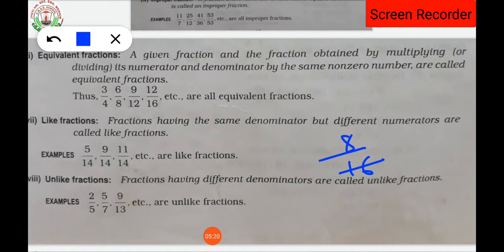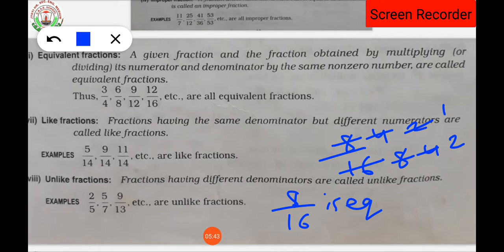Can 16 and 8 get cancelled by the table of 2? Of course it gets cancelled. Can 4 upon 8 again get cancelled by the table of 2? Of course it will get cancelled. Again 2 and 4 will get cancelled. So how much is the answer coming? 1 by 2. So we can say that 8 upon 16 is an equivalent fraction of